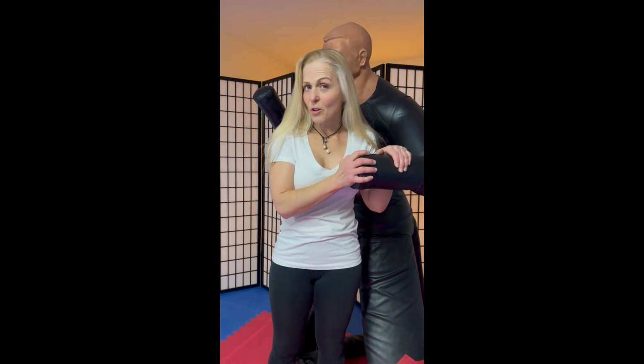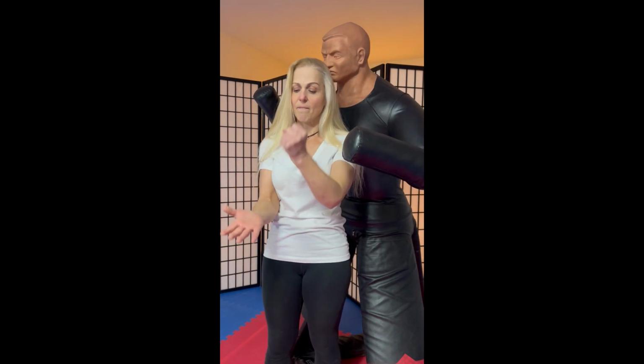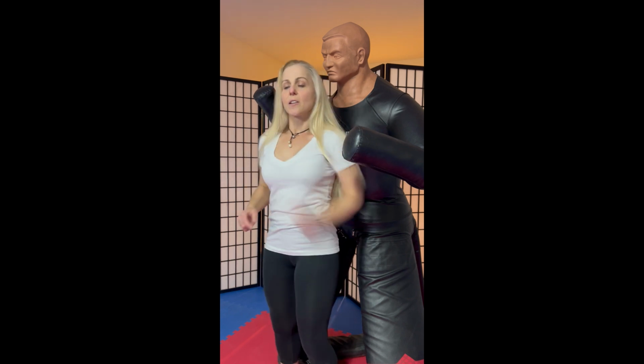Here's another angle of the elbow hammer. I'm going to use my left hand this time. Remember, we make a tight fist, rock, paper, scissors, pinky side of your hand, or the little cinnamon roll, and